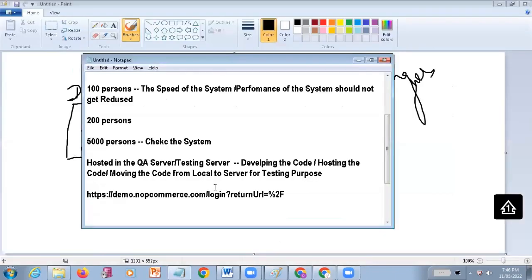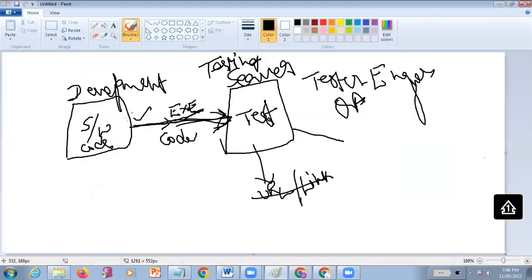You will be checking these functionalities once the code developed by the development team is moved to the testing server. You can call this moving the code, hosting in the server, or deploying in the server. So we call it by three names. Once you have completed your testing in this testing server, you give the green signal to move the same code from this server to the customer environment, that is called